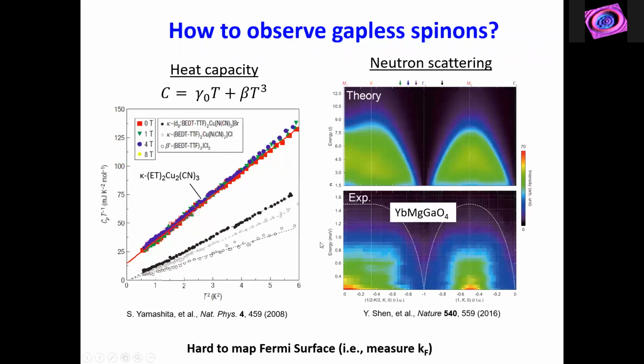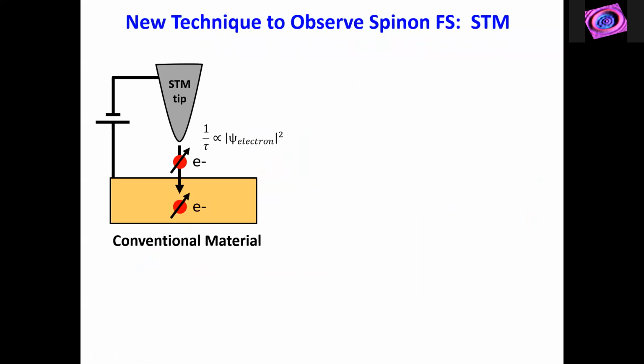Also, you can use neutrons because you can do inelastic scattering of neutrons and get signatures of the spinons, as people have done. But it's hard to map the spinon Fermi surface. It's hard to actually measure the Fermi wave vector because we cannot do our normal tricks like de Haas-van Alphen and Shubnikov-de Haas. We cannot do those things because the spinons are neutral. So today I want to talk about a different way that we can measure the spinon Fermi surface, and that's